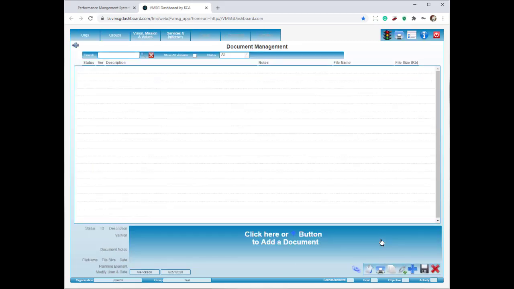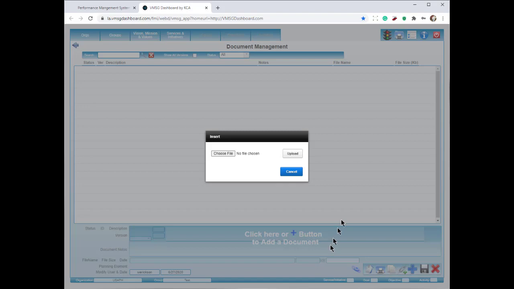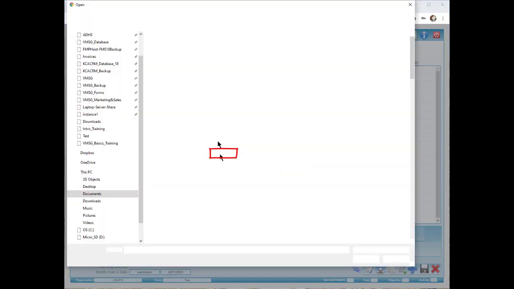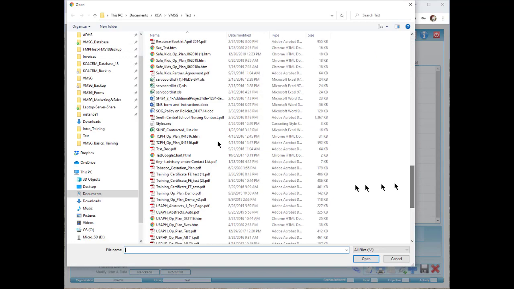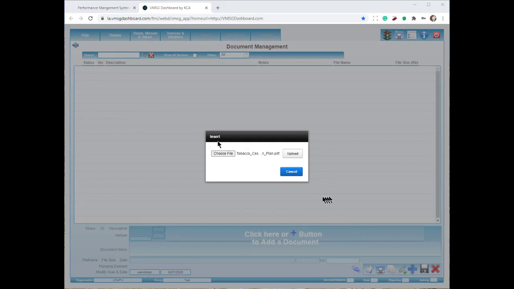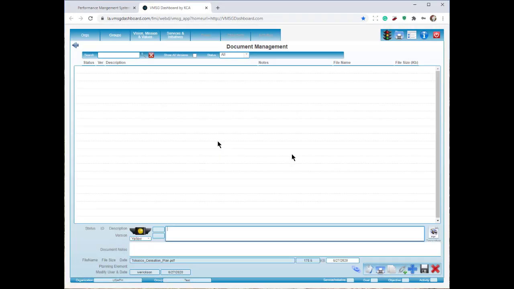Adding a document to this group is easy. Just click the plus button or the mask if it happens to be the first document attached here. First, you'll choose a file to add. Now we'll click the upload button to actually upload it to our secure servers. So the file is now up on the servers. Next, we're going to enter some metadata around this file, which is going to be a description and some notes. So we'll call this